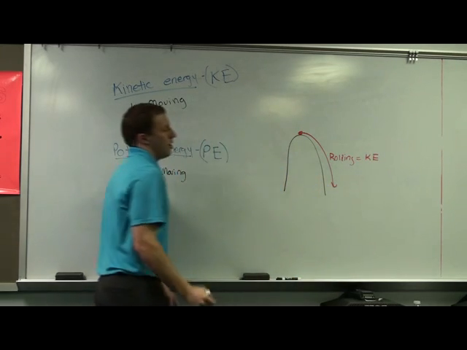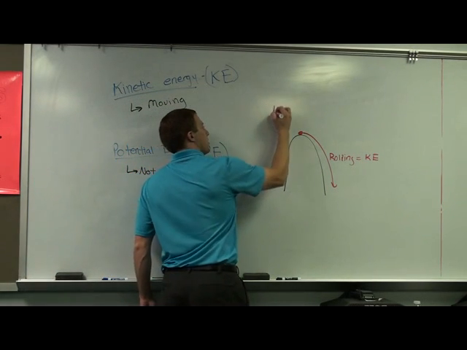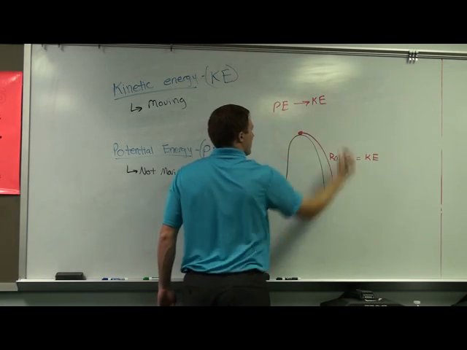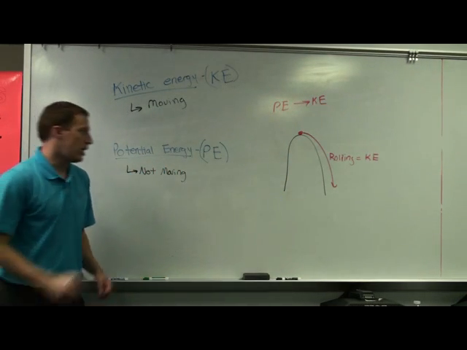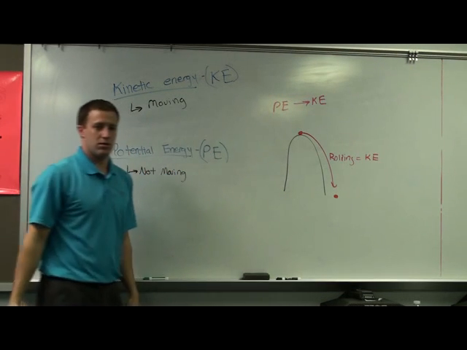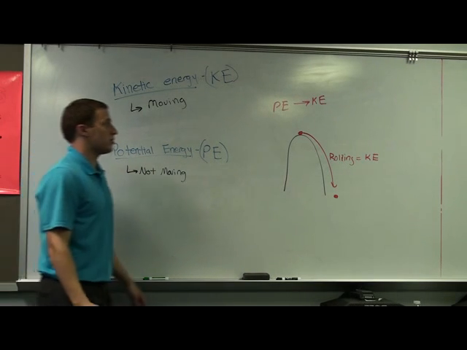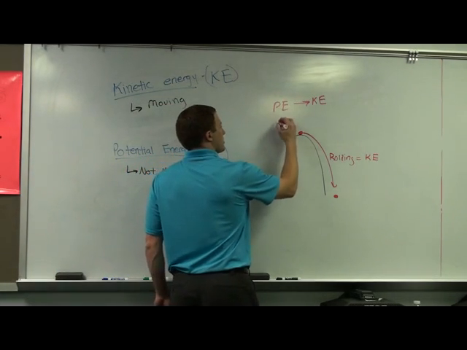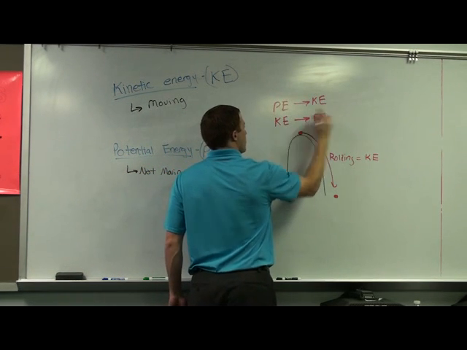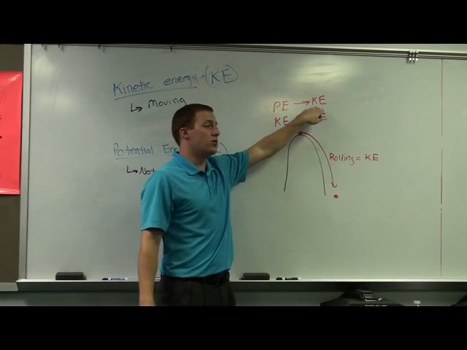Okay? Now, on the test, you'll see it this way. You'll say, okay, well it started out as potential energy and it went to kinetic energy. And then what happens to the ball once it hits the bottom of the hill? It goes back to potential, right? So if it is rolling, it starts out moving, kinetic energy, and it goes to potential. That means it was moving and it stopped. If it's potential energy, it was stopped and it started moving.